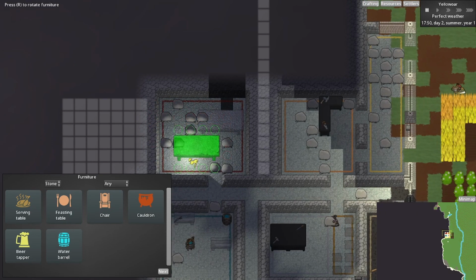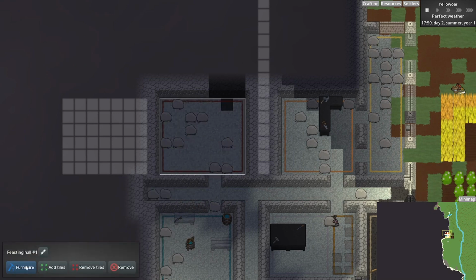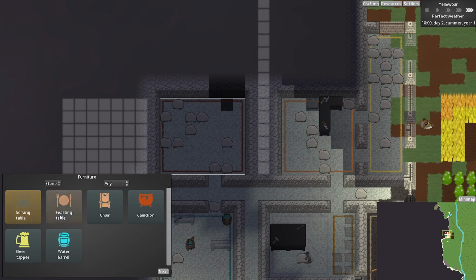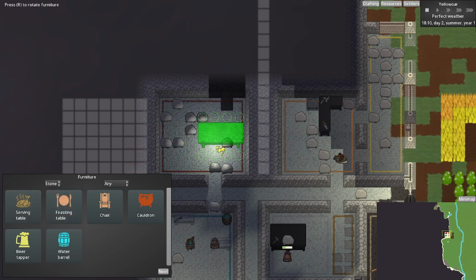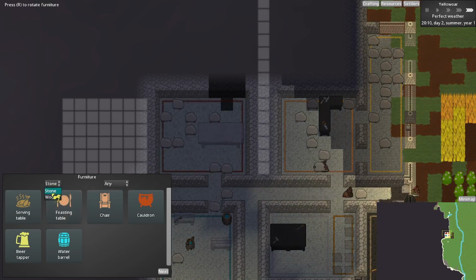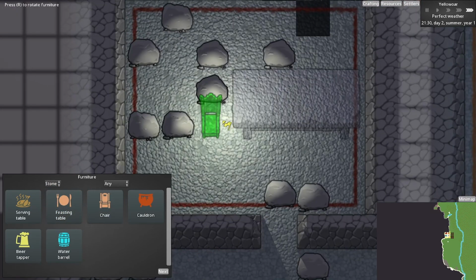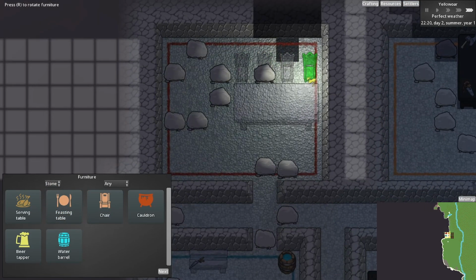Until you get bread, there's no sense in making one of these serving tables. Do I want that there? I guess we might as well put it in the middle. That's just where the bread gets placed. All right, let's pop that baby in the middle. We'll do a bunch of stone chairs. Some of these things, you can see, you can mess with what they're made out of in case you don't have a given material. I always go for stone because it feels more dwarfy,